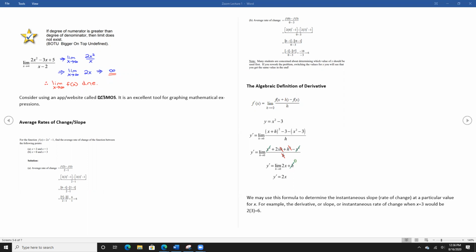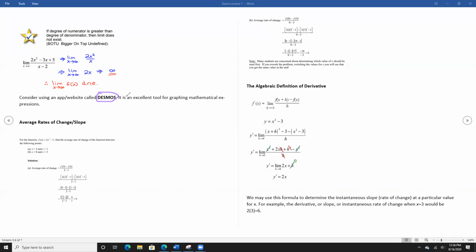There's a program out there you may be familiar with called Desmos. You can download the app to your phone or you can use a desktop platform. But Desmos is an excellent tool for graphing, especially complex equations and those types of things. So consider downloading Desmos to your cell phone or maybe to your desktop or both. And there are plenty of YouTube videos on how to use Desmos, but it's an excellent way to graph equations